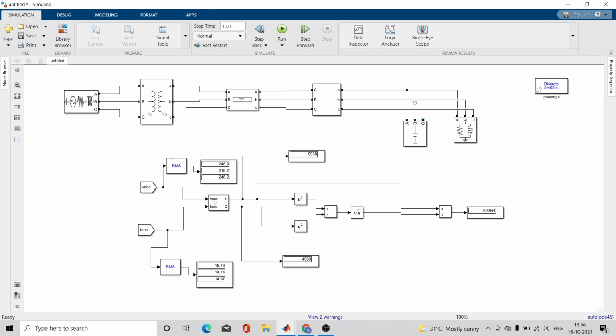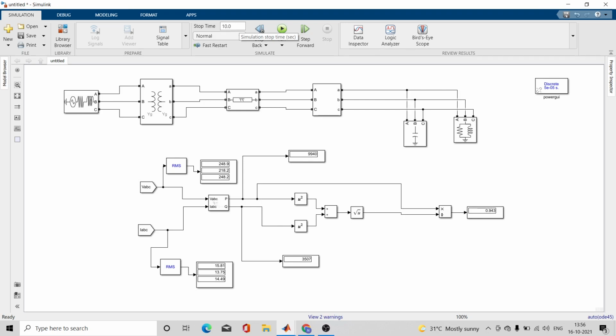A, B, so three-phase capacitor bank, and let us run it again. So we have used it for 10 seconds, so stop time is 10 seconds. You can reduce this time.